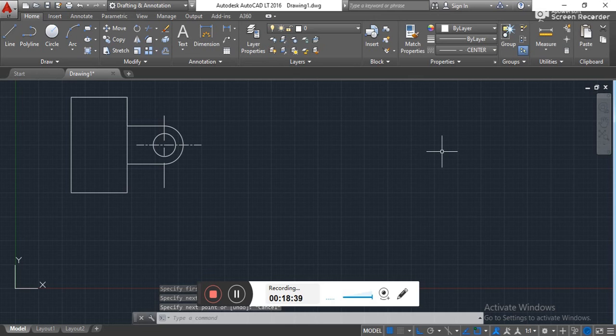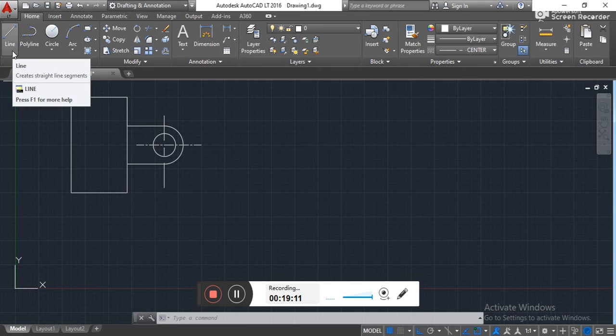Okay, now let's say there is a hole in between this rectangle, it is a solid and we are drawing a front view, so the hole is not visible from the front side because it's a cylindrical hole. So we want to draw a hidden line over there for a hole.